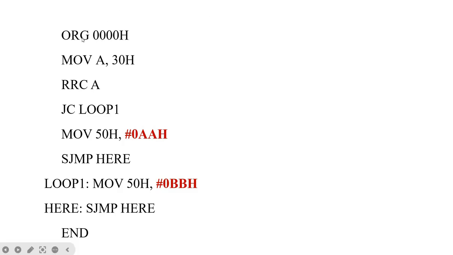We'll begin with the directive ORG 0000H. First, we will take the given number which is stored at 30H into the accumulator using the direct addressing mode. Now, we will copy the data which is stored at 30H into the accumulator, and the instruction used for this is MOV A, 30H. Here we can notice that we have not put the hash,